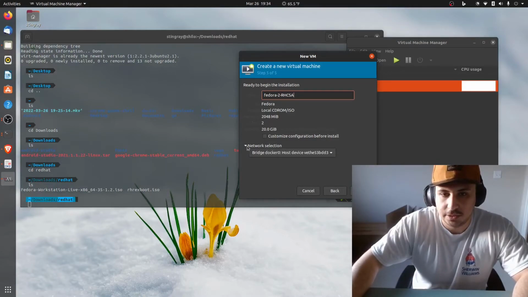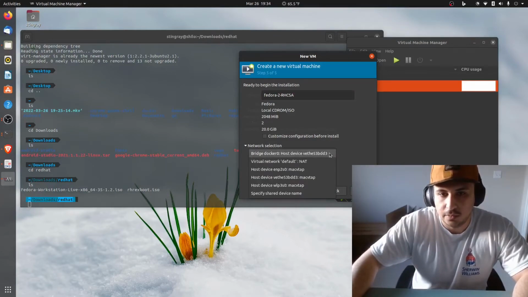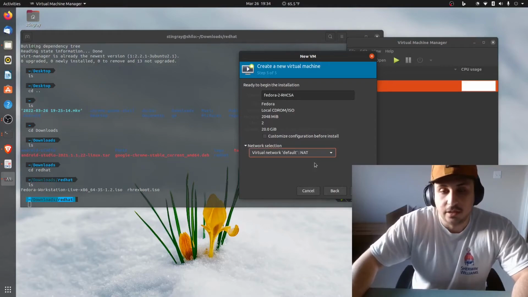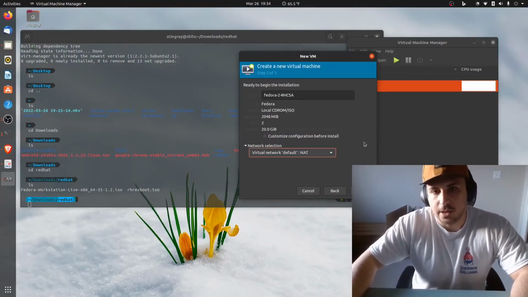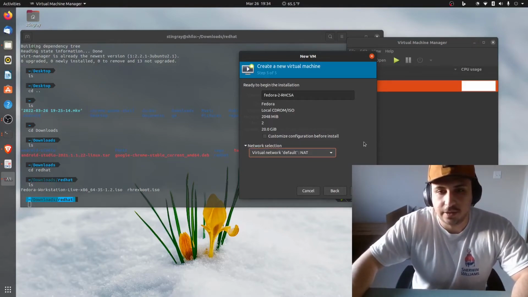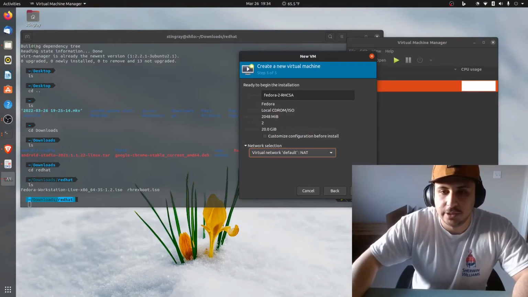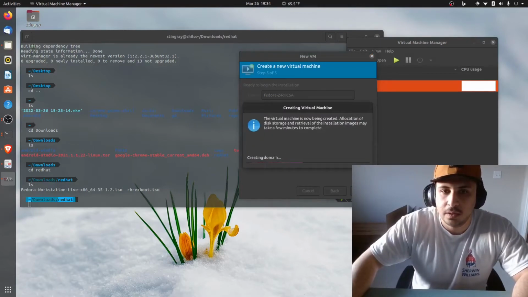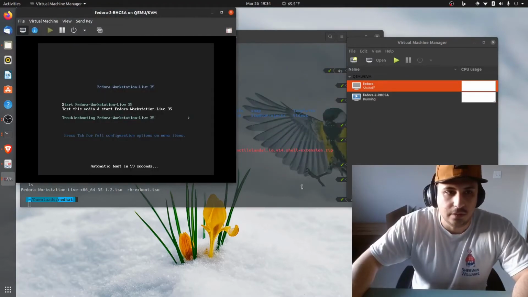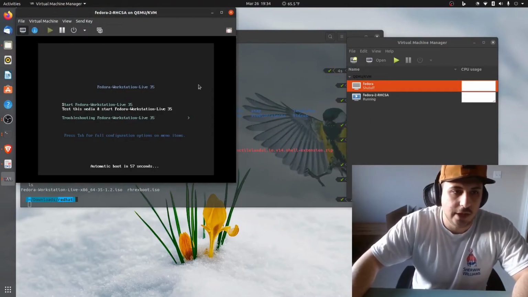Under this network selection here, we're going to want to hit virtual network default NAT, and that'll allow us to use a virtual NIC, and we'll be able to communicate from our host machine to our VM. Hit finish, and okay, now we booted the ISO,